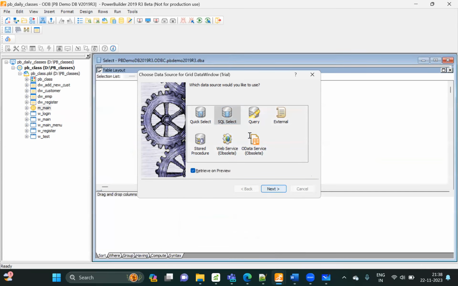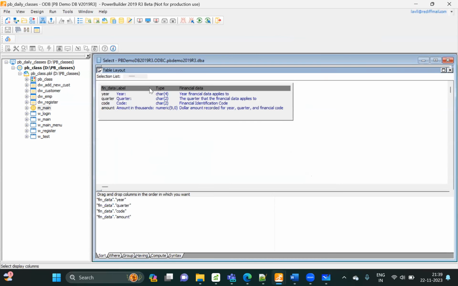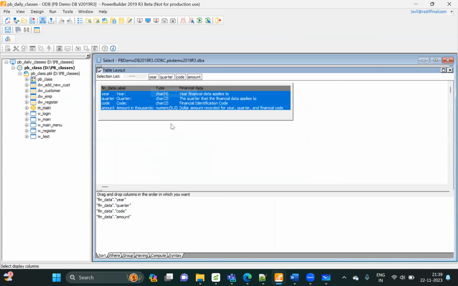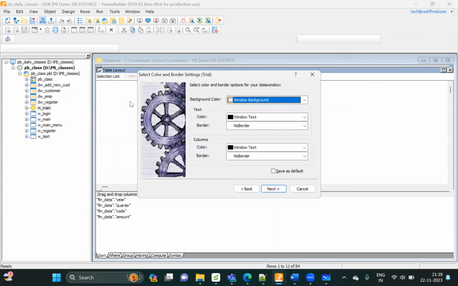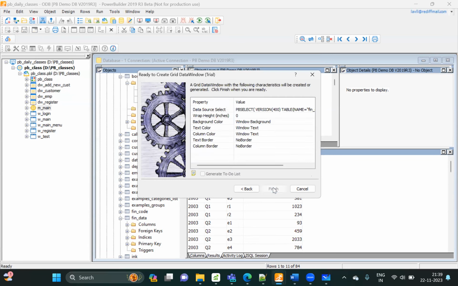And after that, it will give the list of tables, right? So I want fin data. I will select it and open. I will take all the columns to represent. I have to return, and after that, here you can select the border or background. So I just keep the default. Next, finish,